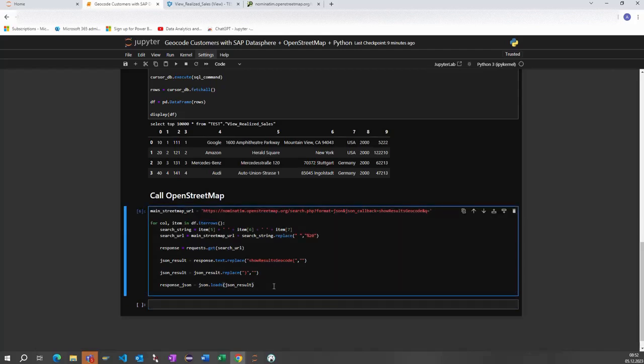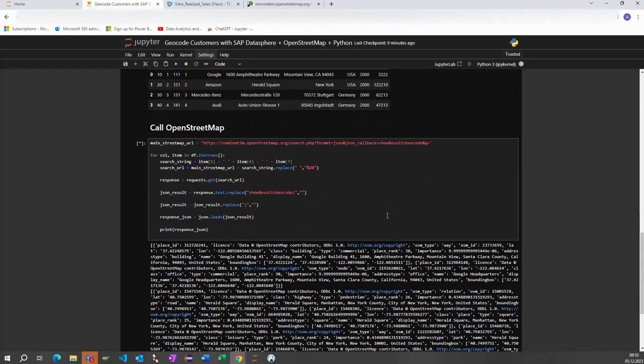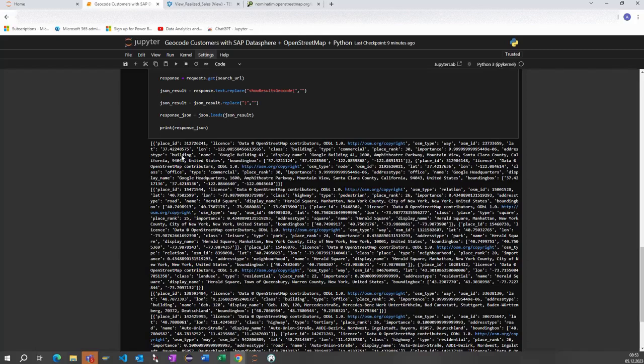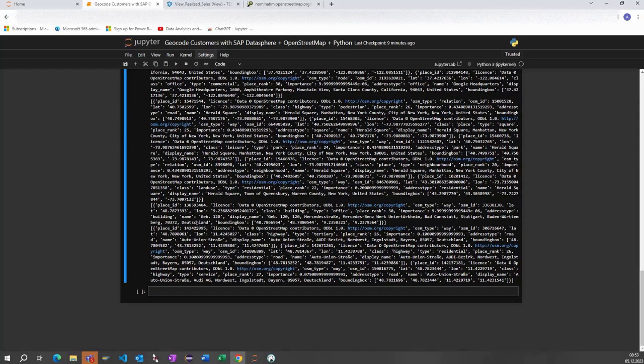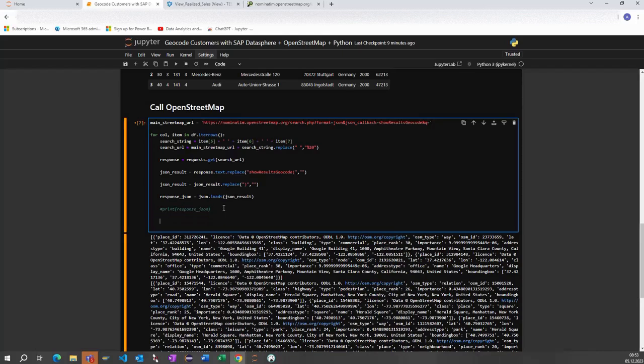No, we need to print it. Print. Here we see the result. This is the first one, the second one, the third and the fourth one. Looks great. Let's comment this out. To have a unique key,